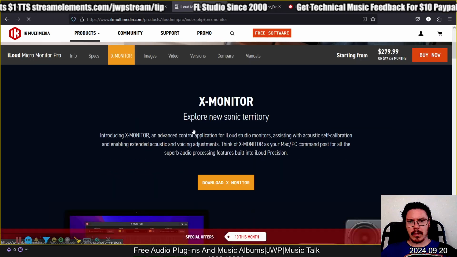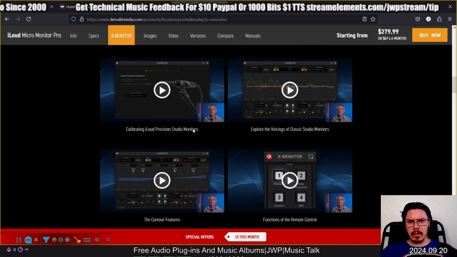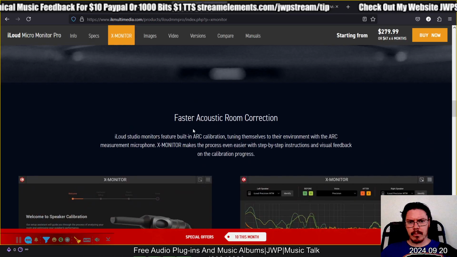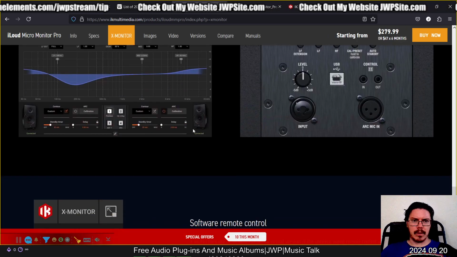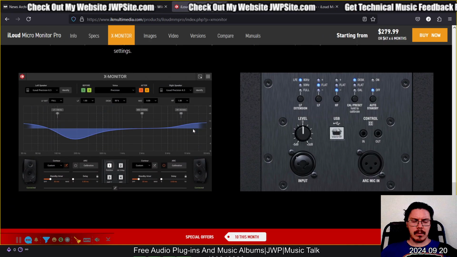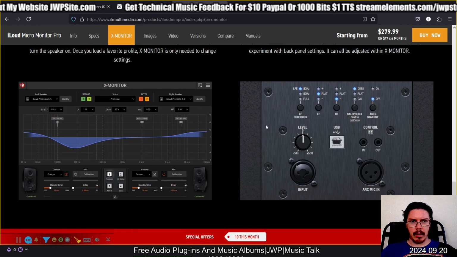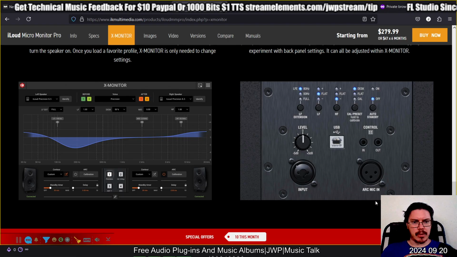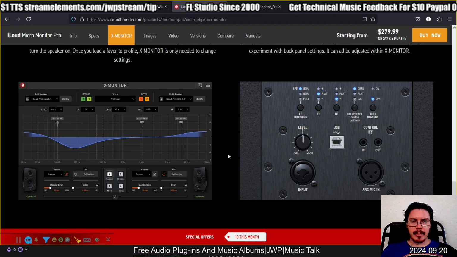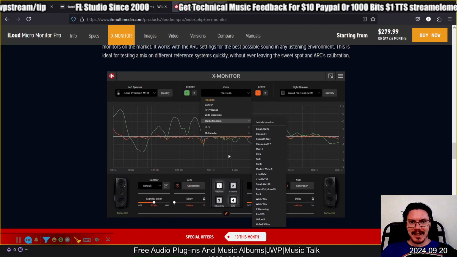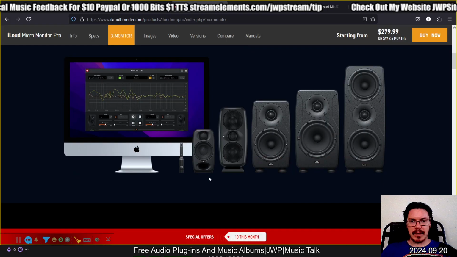X monitor. It's not a rack. It's not a physical rack. That's a little disappointing. You have to connect a regular wire for audio to get high fidelity audio, which you lose your arc mic for. You also have to connect a USB to get the arc mic to work. So it's give and take, right? It's give and take. And not something I'd invest in after IK Multimedia didn't get back to me